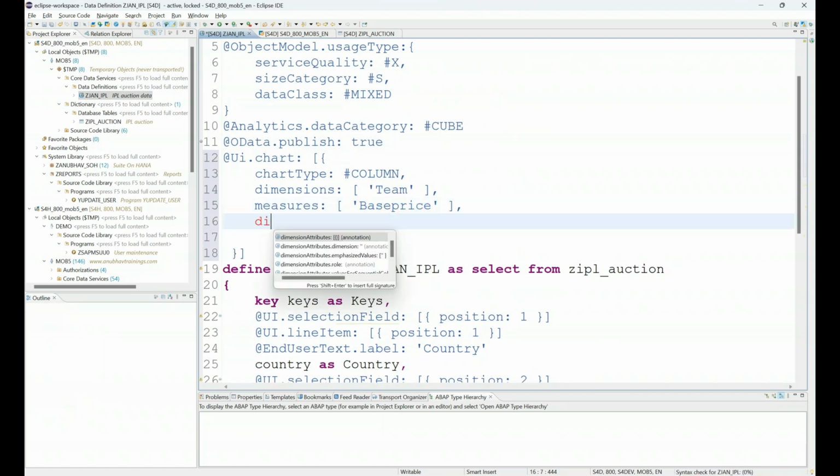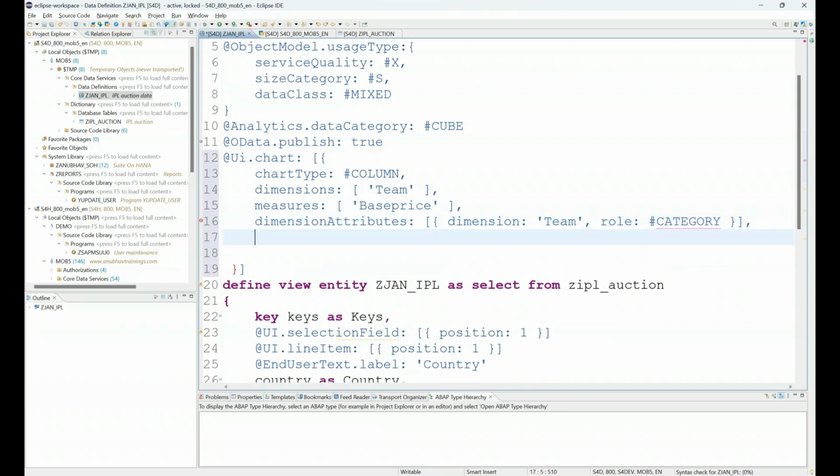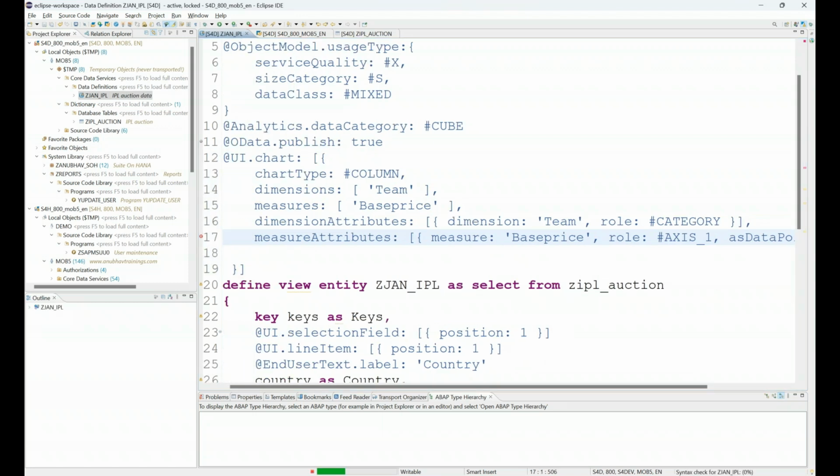So I will say dimension attributes. Please plot my dimension, which is team name, which I chose as a dimension, on my x-axis, which is called category. And then measure attributes. The measure name will be the base price as axis 1 and will act as a data point so that when the user clicks on a chart, it can do the filtering for us also. I can activate